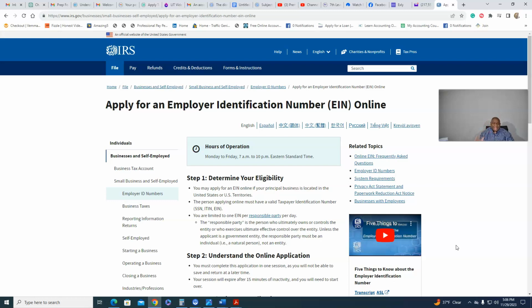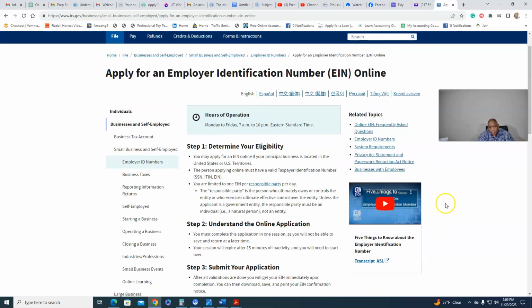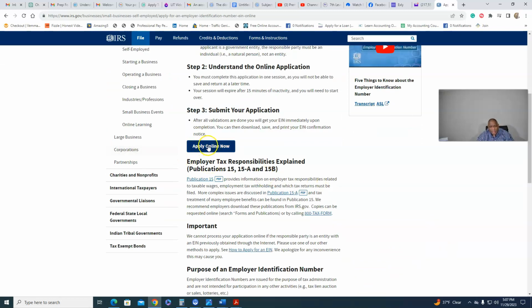The e-file provider's application: once you've got your online account done, then you go to the application, because now you have access to it, and now you can take this information that we've done here and put it on the application. And like I said, if we did this on a Monday, the following Monday we'll come back and put this information on the e-file provider's application, and by that time we've already done the PTIN application, because that's the same day process as well. And so those 4 steps allow us to be considered an independent tax service, and that's what I help my clients do. And so here is where you click on this button